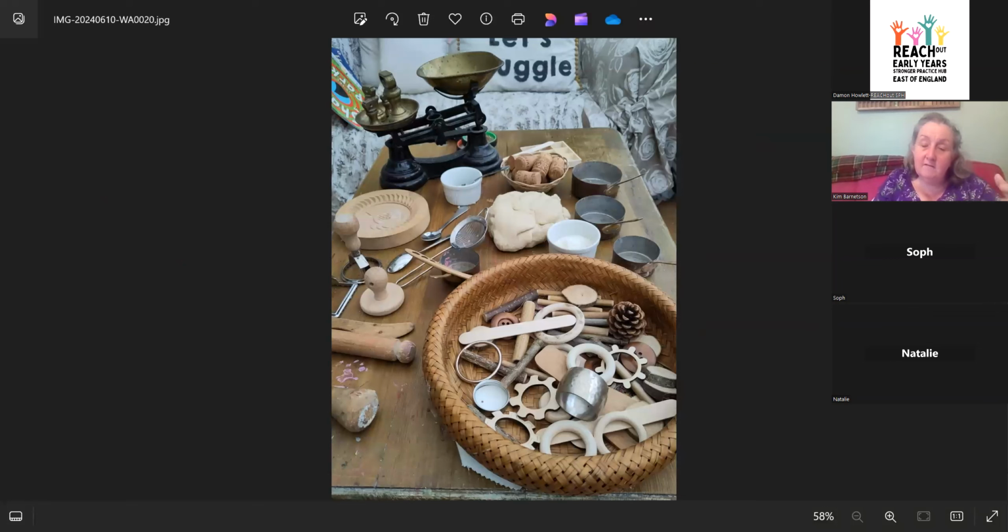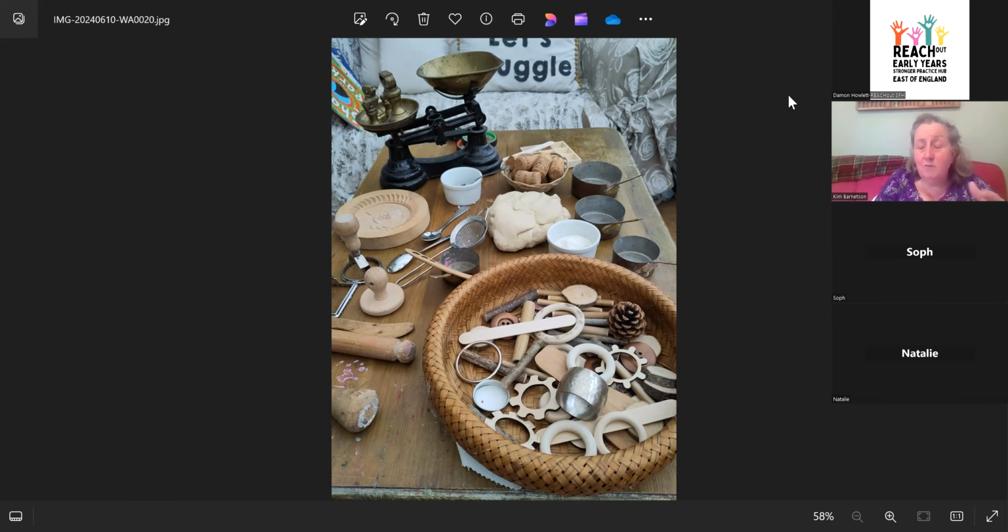Outside, for instance, in my setting, I have a corner of the garden where I stack up things like the crates and the cable reels and stuff like that. But I would also say, don't feel like you've got to have 100 cable reels and 50 pipes. You might only need 2 of these things or 3 of them, you know. So think about the size of your setting and think about what you can realistically offer,